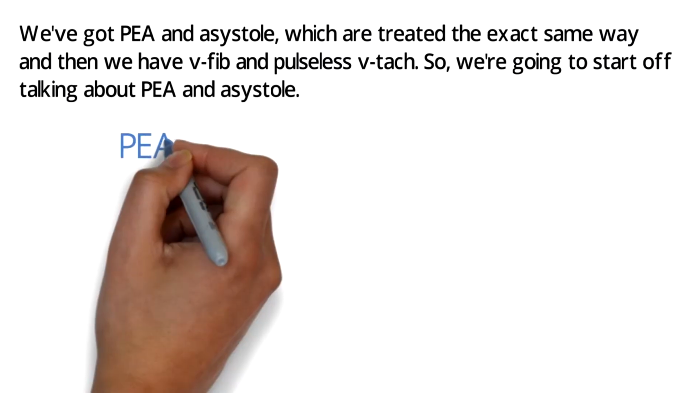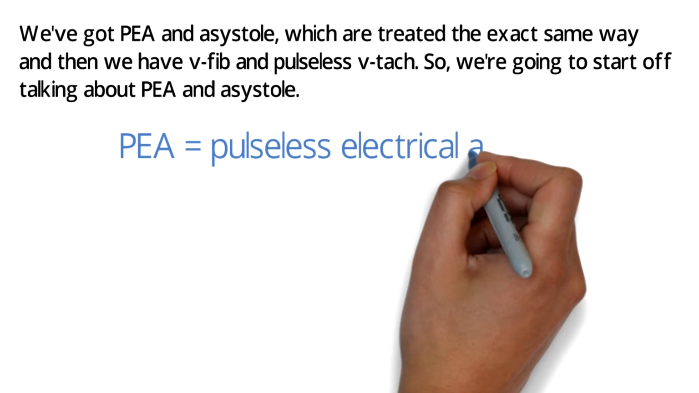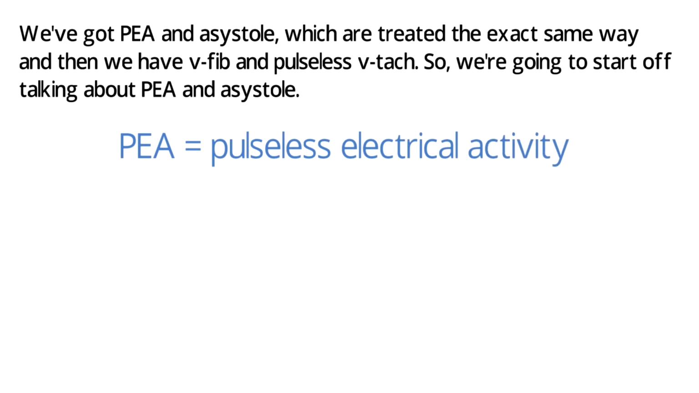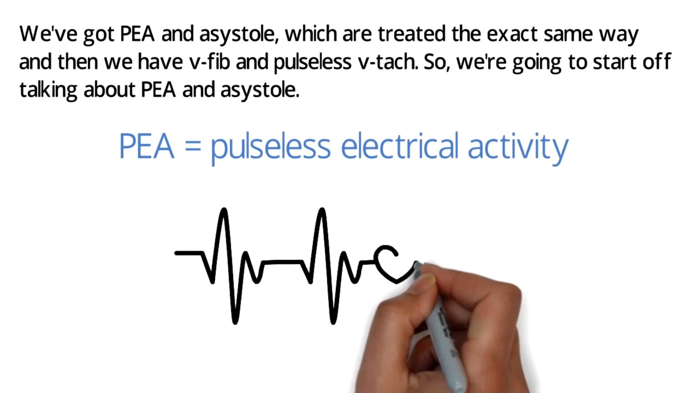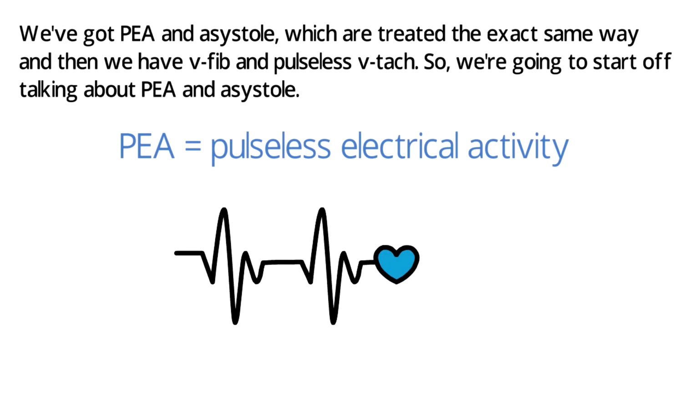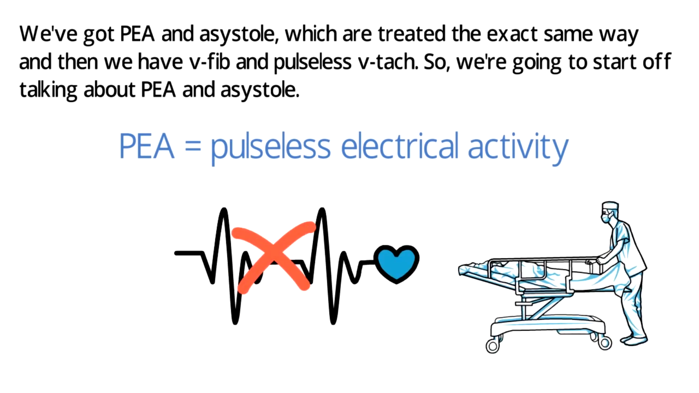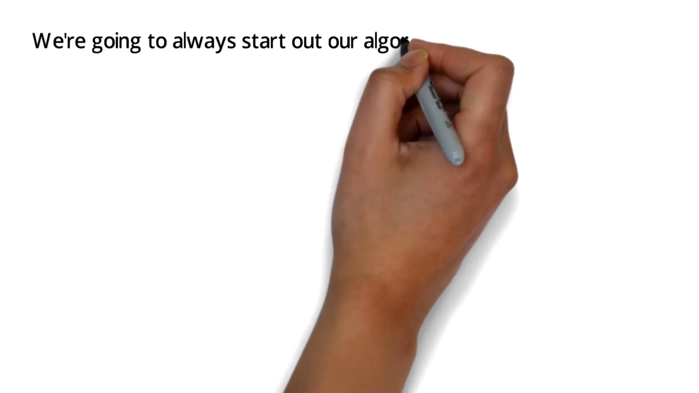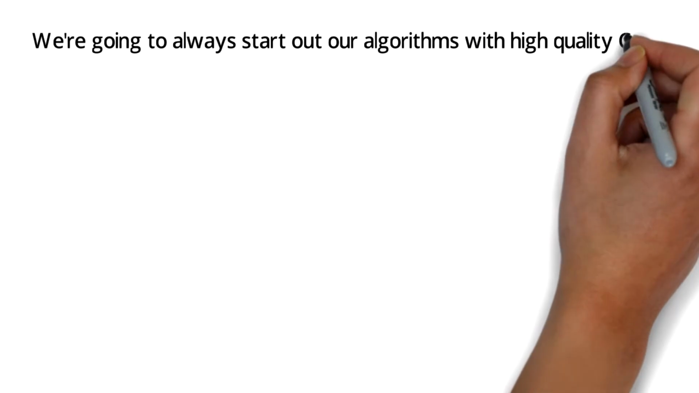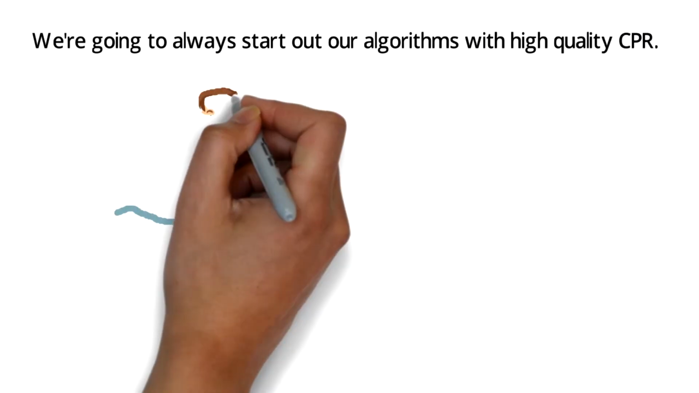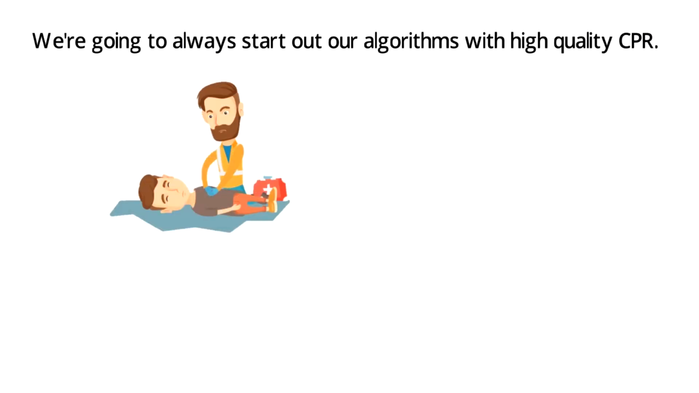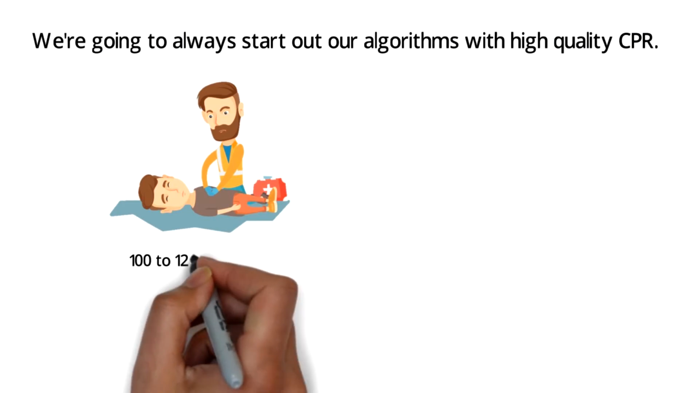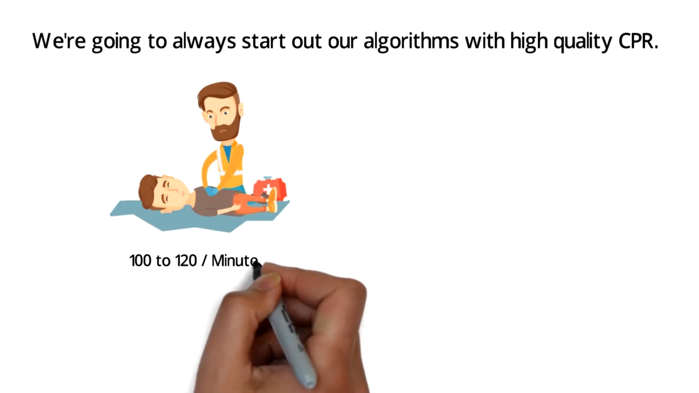Now you know that PEA stands for pulseless electrical activity, meaning that there is electrical activity being conducted through the heart, but it is not sufficient to generate a pulse. Your patient is in fact dead. So we're always going to start our algorithms with high quality CPR. And that means beginning with high quality chest compressions at a rate of at least 100 to 120 per